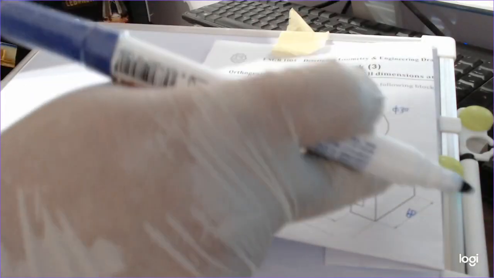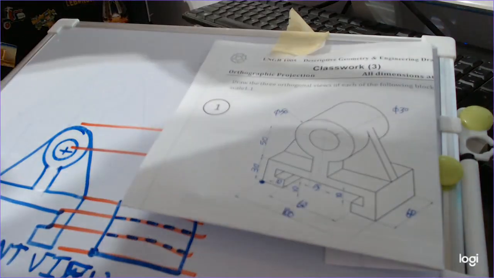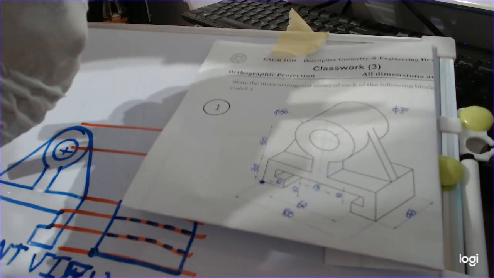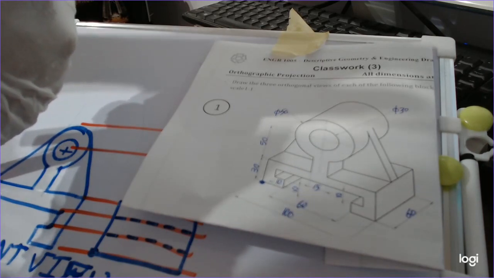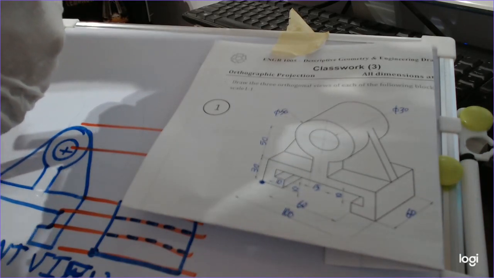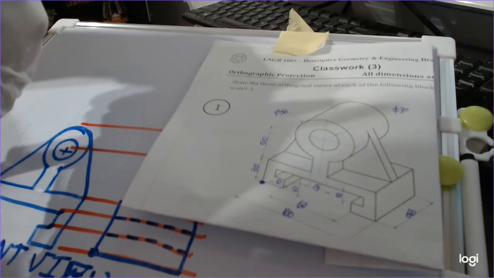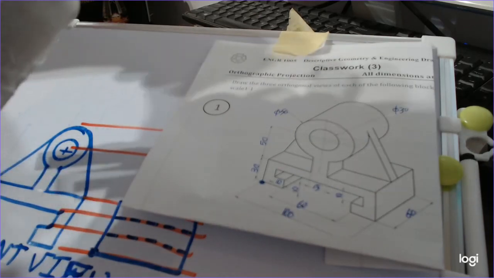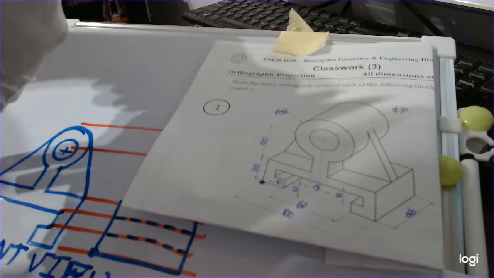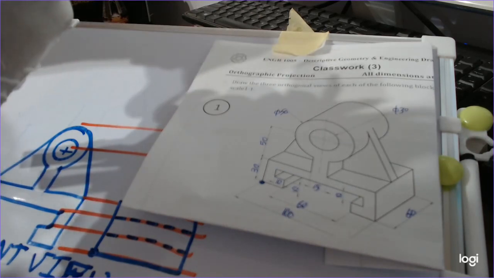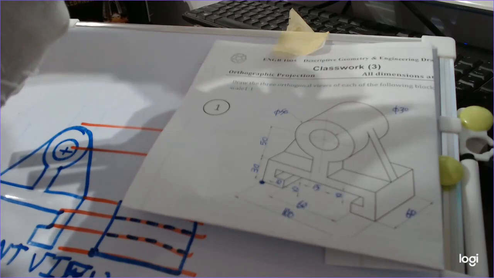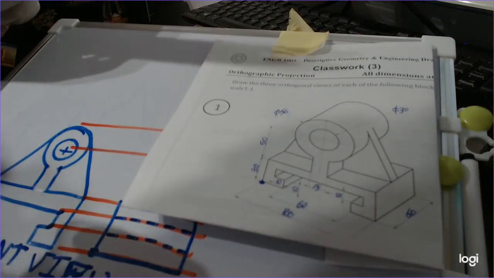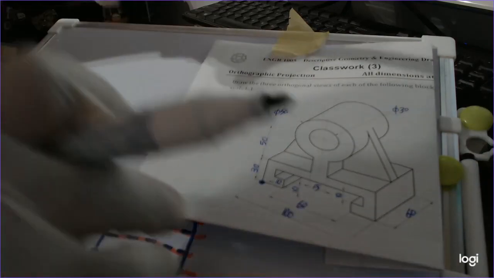rectangle has something like a web. This is a web. This is called a web. What is a web? The web definition is like a thin supporting wall, mainly attached to cylindrical objects to support the cylinders. Okay, so if we have a cylinder, that cylinder supported with any base with something called a web. Okay, so the web is a small or a thin supporting wall, mainly attached to cylindrical features. Okay, so